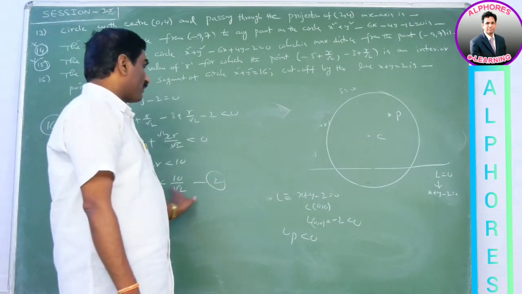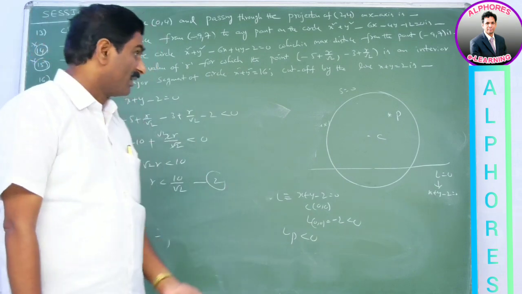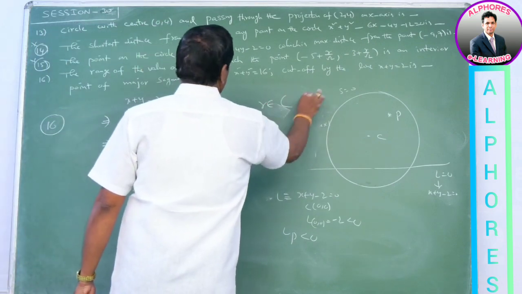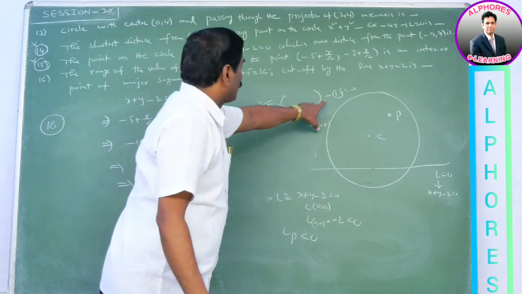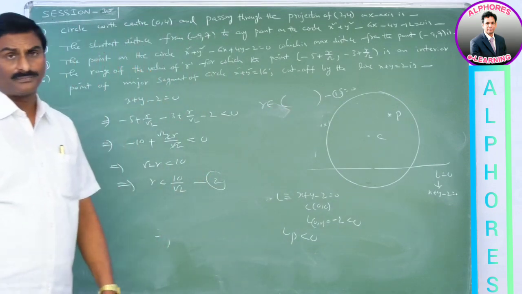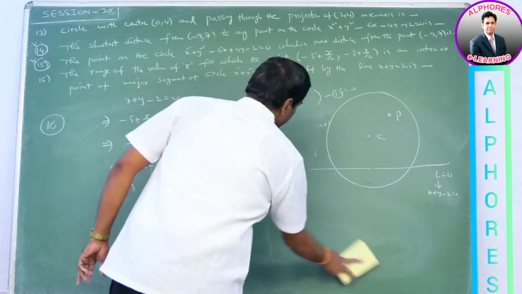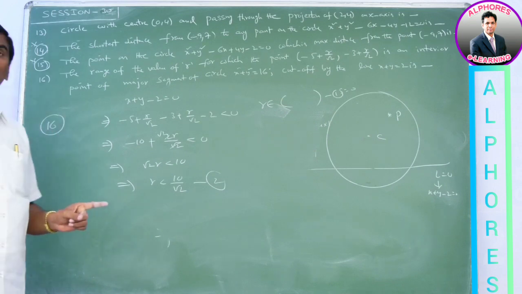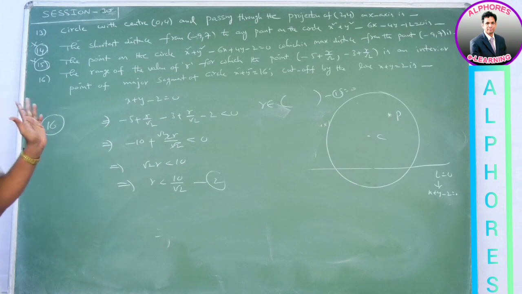By drawing the number line from 1 and 2, we find the solution, that means the range of r. By drawing the number line for 1 and 2, we get the range of r. Find the common solution for the two inequalities 1 and 2. That common solution is said to be the range of r.